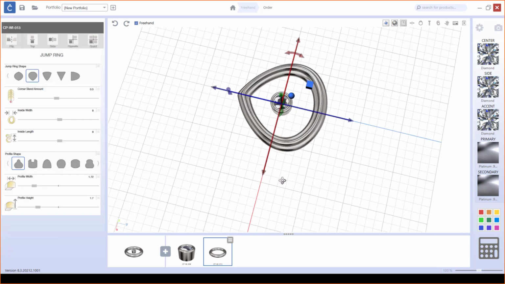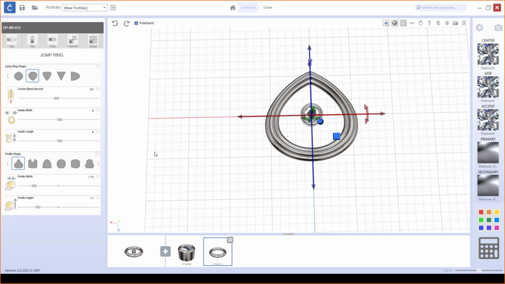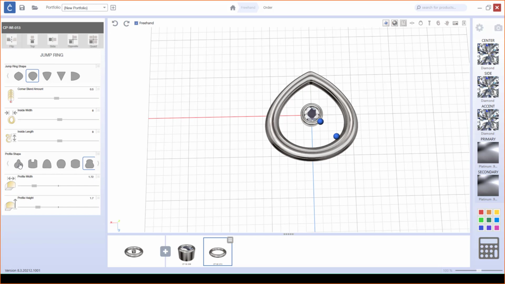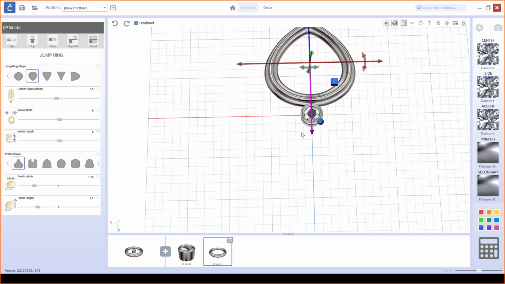I kind of want to do something a little bit more decorative for this, but you can pick the shape, again, that you think is going to be best for your customer. I like something like this just because it'll make it a little bit unique. So let's go in, and we need to make some adjustments to the overall size. Again, if I bring this up here